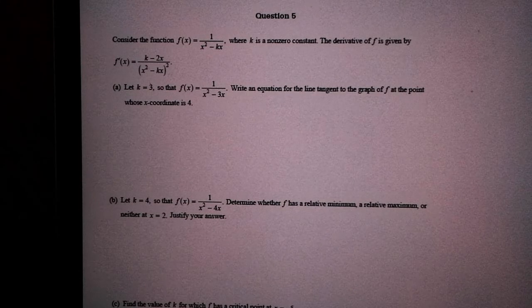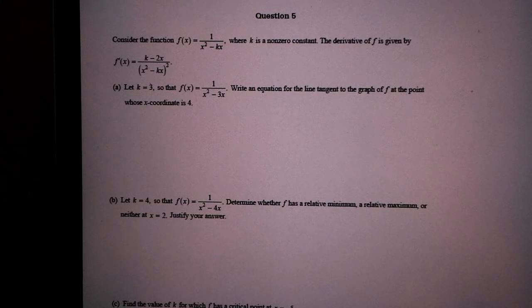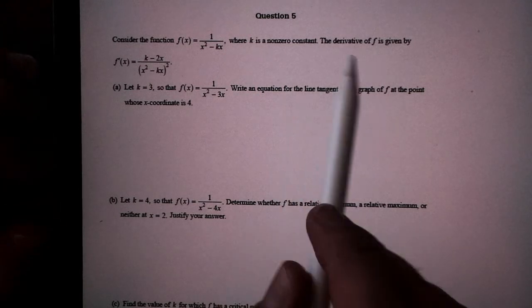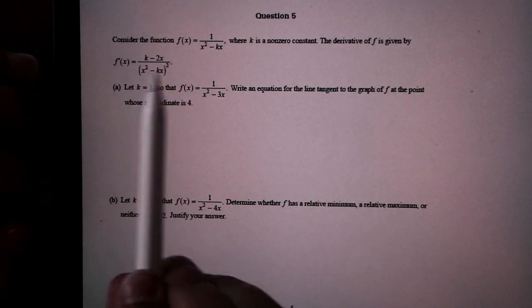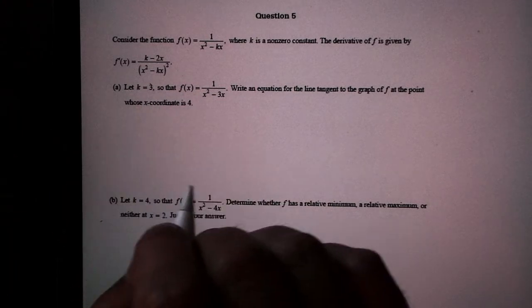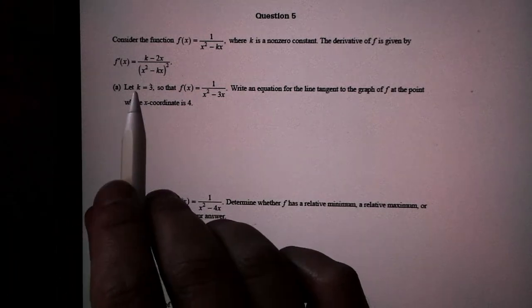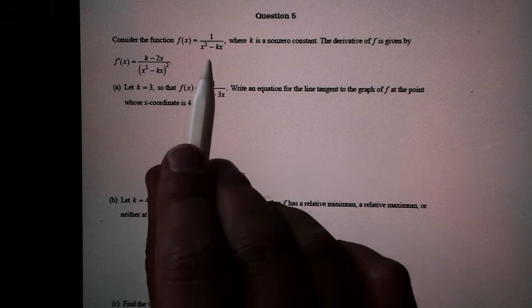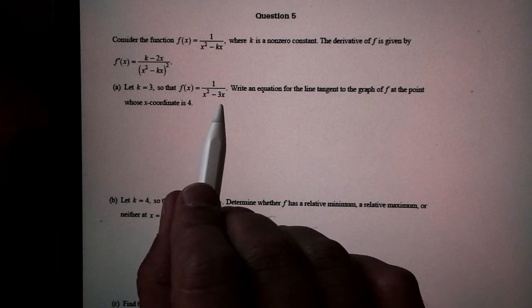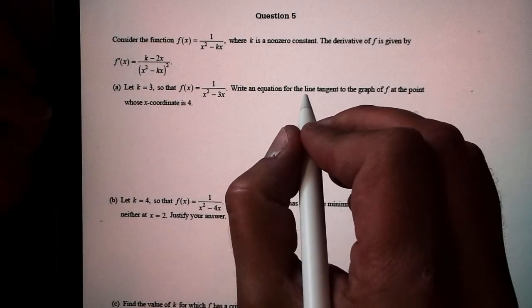Just teasing, of course. Consider the function f of x equals 1 over x squared minus kx, where k is a non-zero constant. And they give us the derivative of the function as well. That's nice, they gave us the derivative. Part A says, let k equal 3, so that our function equals 1 over x squared minus 3x. Write the equation of the tangent line